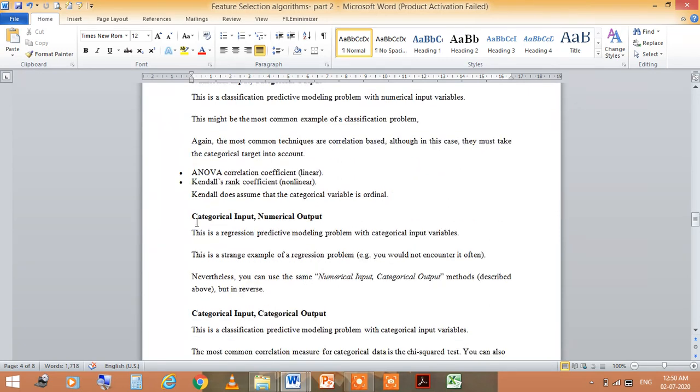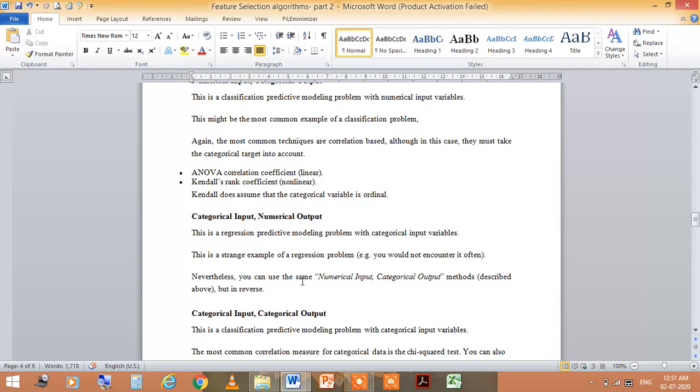The next is categorical input and numerical output. These are regression predictive modeling problems with categorical input variables. You would not encounter this often for regression problems, right? Nevertheless, you can use the same numerical input, categorical output methods described above, but in reverse, right?